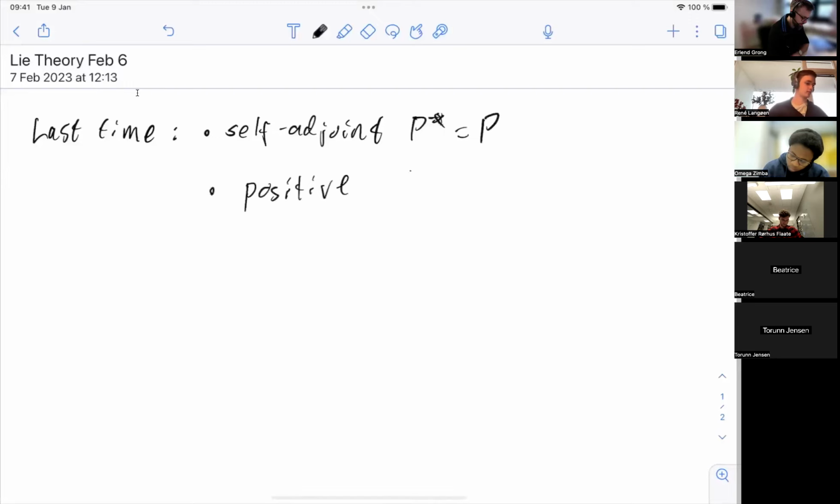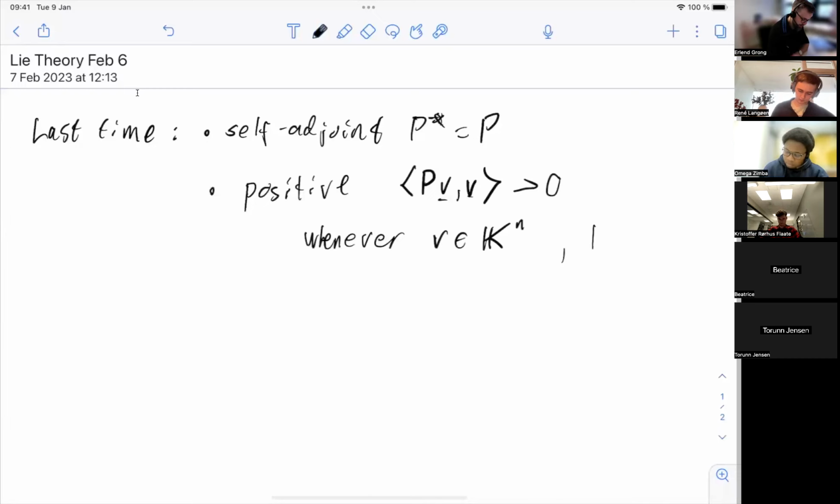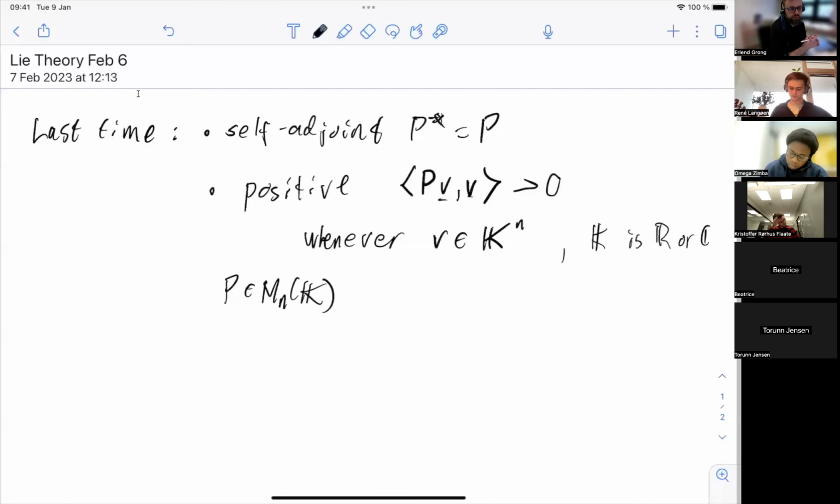Last time we talked about matrices that were self-adjoint and positive, in the sense that if I take a matrix P and take the inner product with a vector v, I get something larger than 0 whenever my vector is in K to the power n. K is bold K, R or C, and P is a real or complex matrix with real or complex coefficients. What we talked about last time was that we can consider these positive self-adjoint matrices as lying inside all of the matrices, or at least all of the invertible matrices, in a similar way to